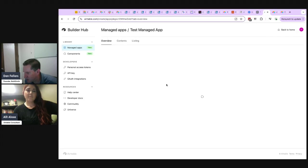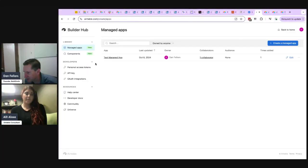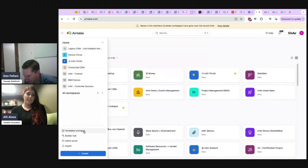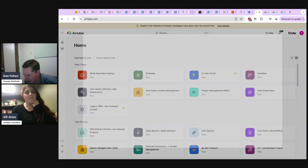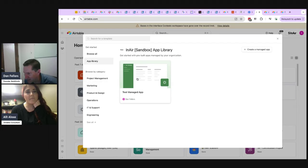and in order to use it, let's see. I believe in order to use it, we have to come here and essentially create a new app from the template and apps. So create templates and apps. And then inside of our app library, we can create from the managed app. So this is how you repurpose the app that you've created. Now if I were to create this,